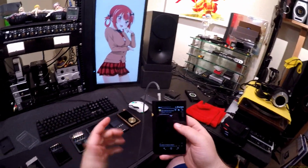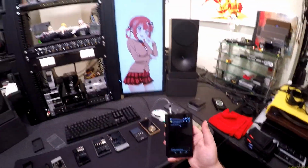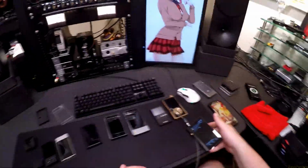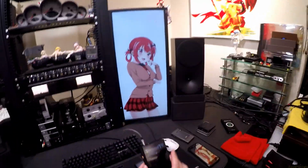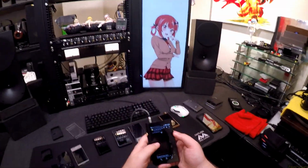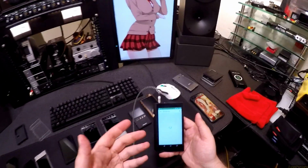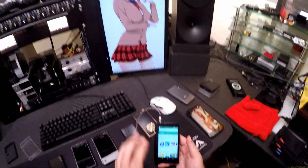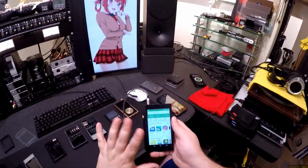Alright, this is $360. As an Android device, just to use in your home to browse porn in the bath. I'm buying one. This is someone's work, and I thank them wholeheartedly. I just need an extra Android device sitting around in my house that I could use to talk to Pasta or to check the Zios, because we could just go to the Play Store. It doesn't have a camera. All this needs to be a phone is a camera and a...